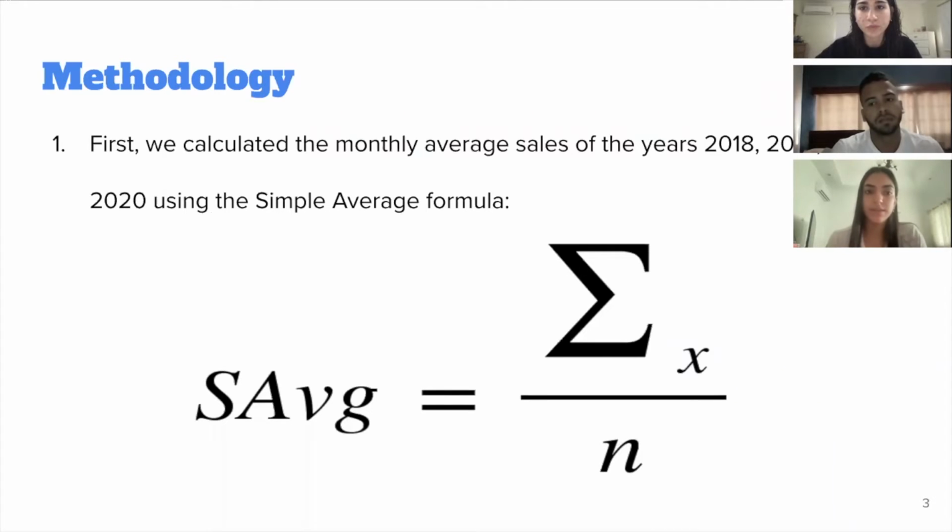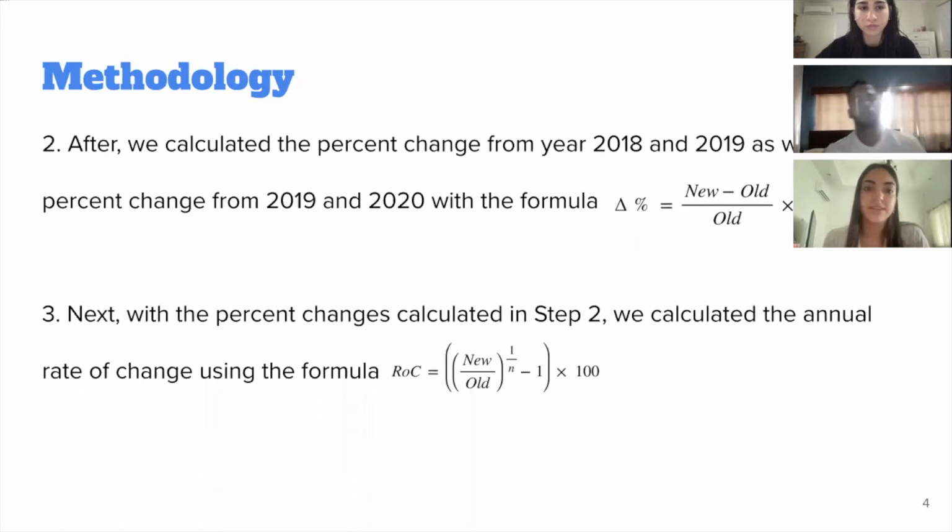Okay, so for the methodology, first we calculated the monthly average sales of the years 2018, 2019, and 2020 using the simple average formula, which is the sum of observations over the total number of observations. After, we calculated the percent change from the year 2018 to 2019, as well as the percent change from 2019 to 2020 using this formula of percent change, which is new minus old divided by old and then times 100